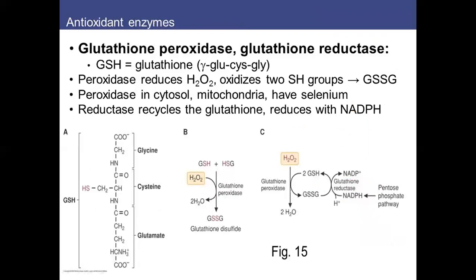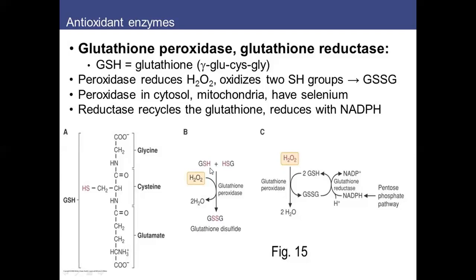Another enzyme, the glutathione peroxidase and the glutathione reductase. Do you remember when we talked about glutathione, the tripeptide? When we talked about it, we mentioned that it was an antioxidant molecule formed of 3 amino acids, and the cysteine was very important. Well, how does glutathione act? In fact, 2 molecules of glutathione will combine together under the action of glutathione peroxidase to form the glutathione disulfide,